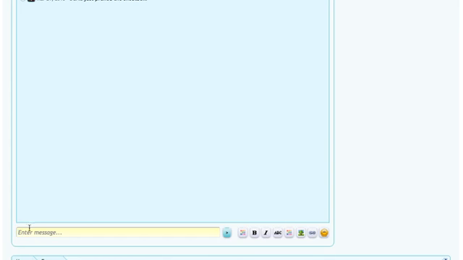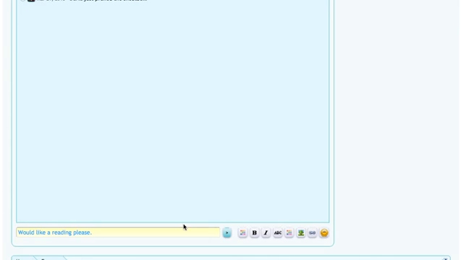But when it opens, you're going to come down here to the bottom, and you're going to enter, "would like a reading, please," because it's important that you check in with the chat box and get in the queue.